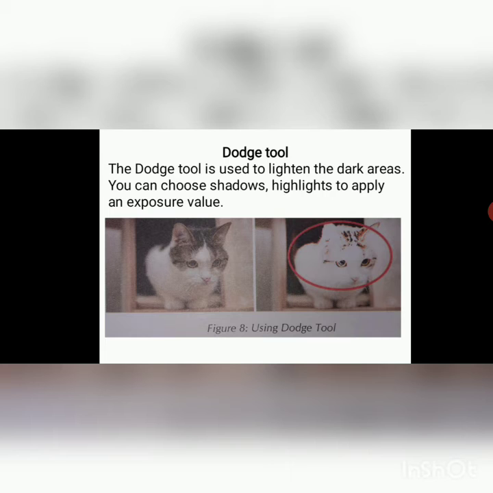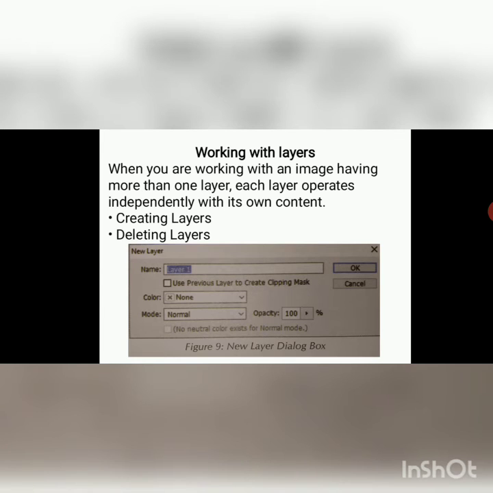Next topic is working with layers. In Photoshop, a very important feature provided is the layer. By layers, you can do individual editing in different pictures.